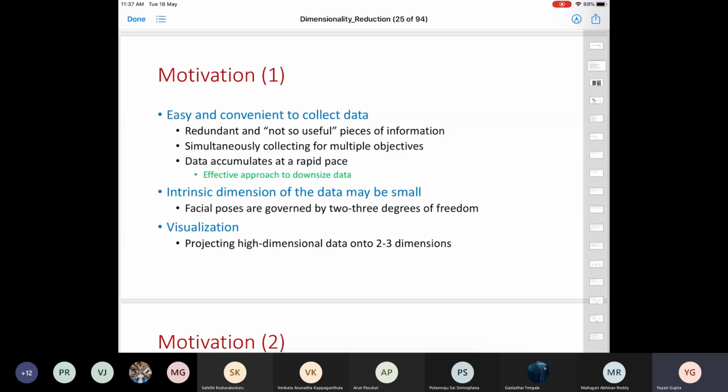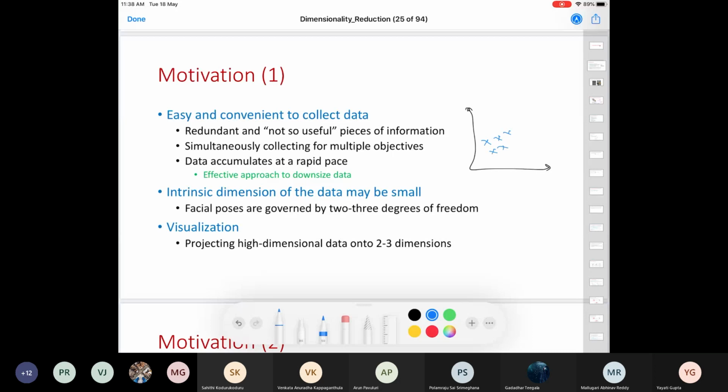The second thing could be, assume that you are in a d-dimensional space and you're trying to do a classification. So take this sample example. This is a two-dimensional data set where my goal is to figure out a decision boundary which can separate these x's and o's.